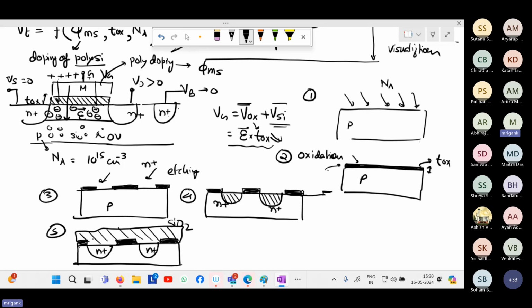Again, you have to etch open some of the region. So suppose now you want to have a source, drain, and gate contact open. So now you will etch, you will create basically,